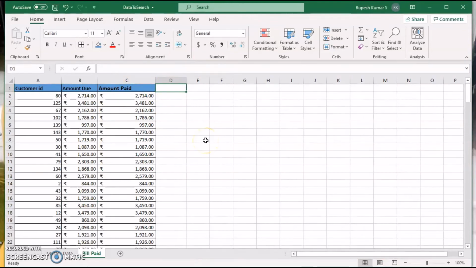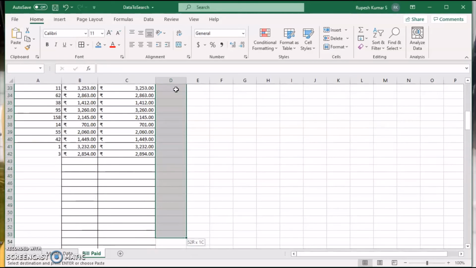Here I am going to write bill paid. Okay. Bill paid. So all these people have paid the bill now. So I'm going to write for all of them because they all have paid the bill.